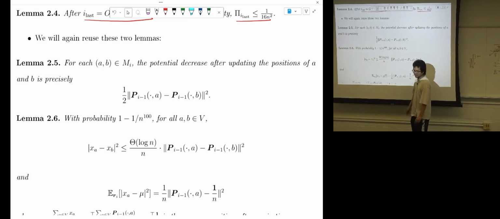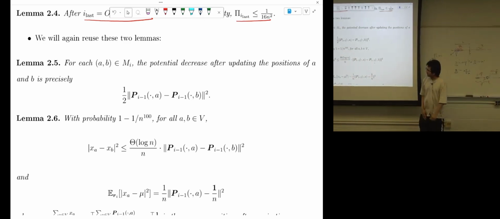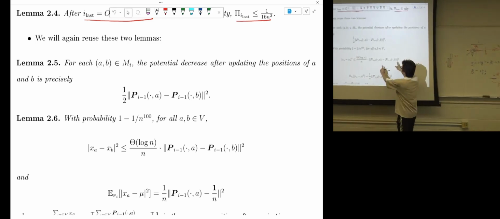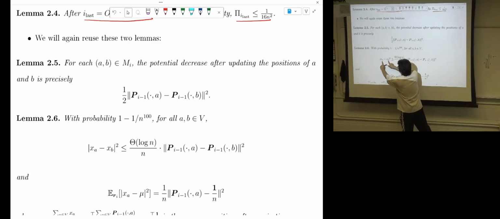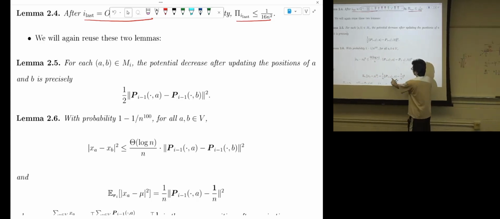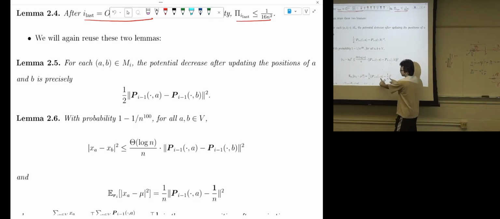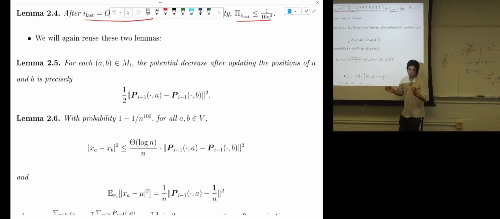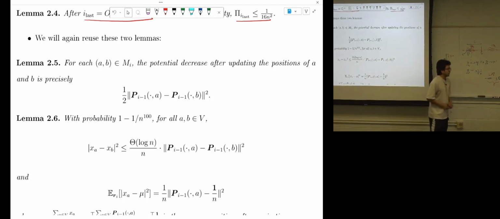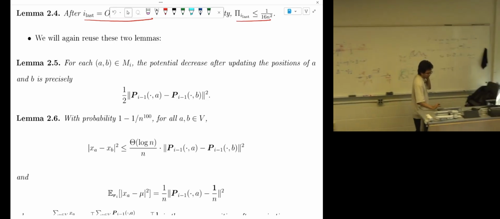This is the distance between A and B before projection and after projection, and the distance between A and the average before projection and after projection. They are basically the same after scaling by n. Okay. So now